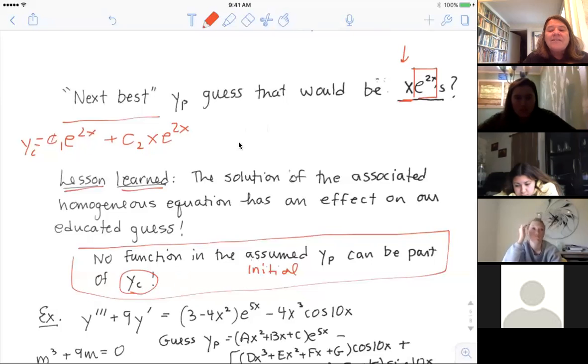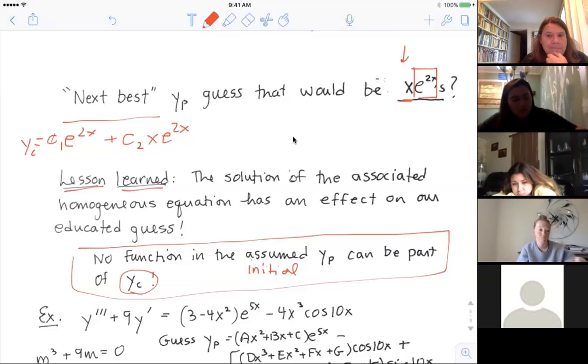If I had this, even this wouldn't be good enough. Because notice, it is repeated in the YC. So guess what I do? I make it an x squared. I make the power on x here high enough to avoid any of these conflicts here. We'll talk more about that tomorrow, okay? So that's what I do. But let's finish up this one and see what we got.